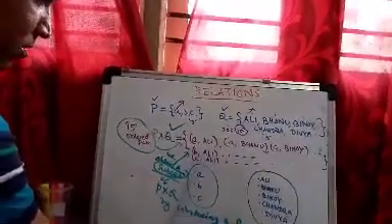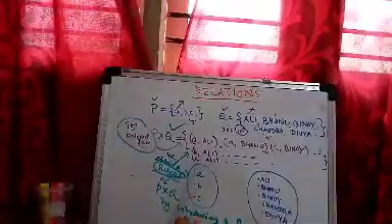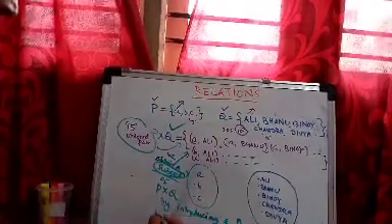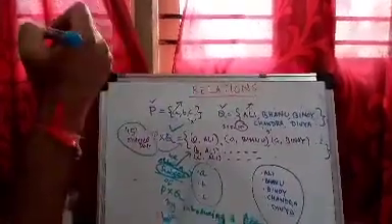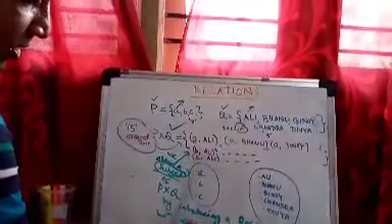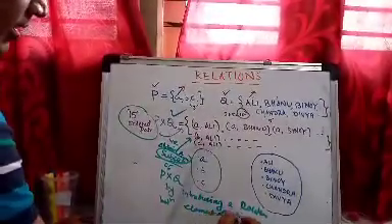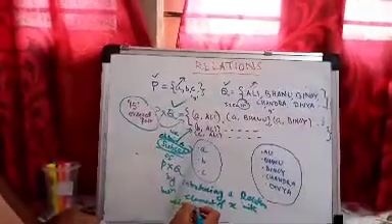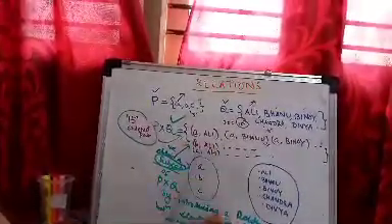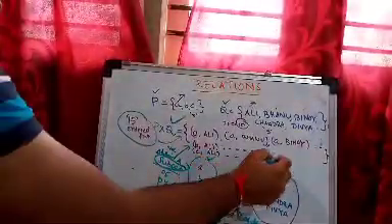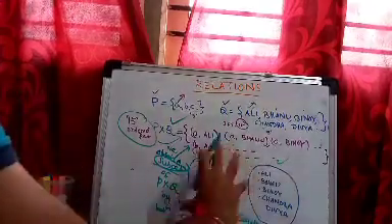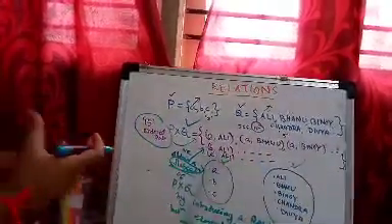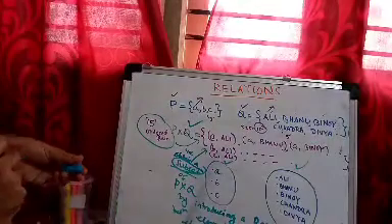So how will you introduce the relation? I will show you, right? A relation between an element of X with an element of Y. So I have two sets, one set here, another set here. So I will create a relation. How will I create a relation? I will take a subset.